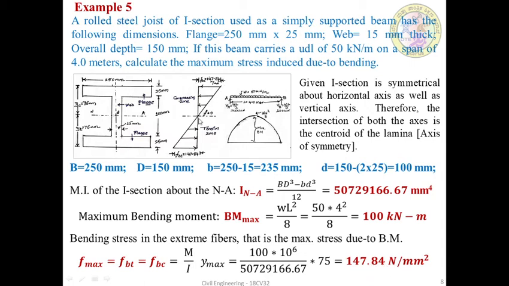So this is the stress distribution diagram. This is the compression zone, this is the tensile zone. This has been joined by a linear straight line. At one point it crosses the axis at zero, which is nothing but the neutral axis. The stresses are zero there. Away from the neutral axis, the stress goes on increasing and is maximum in the uppermost or bottommost layer.